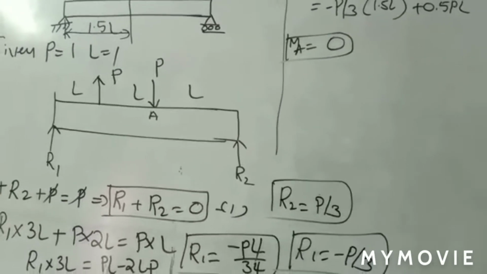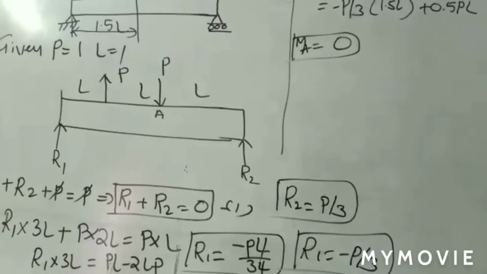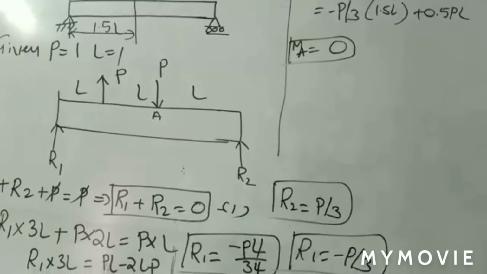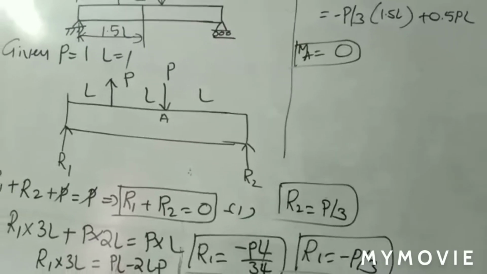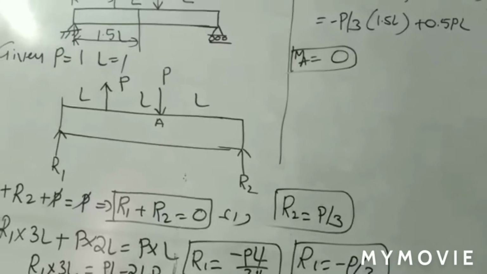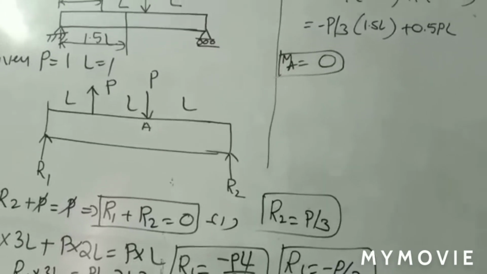But you have to understand, and understanding means simply in what direction your forces are acting, and on which point you are taking the moment of forces. Only these 2 points are important. Then whatever the type of beam it is, you can easily solve. You can easily solve, right?